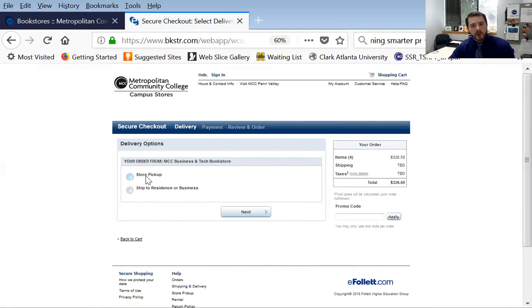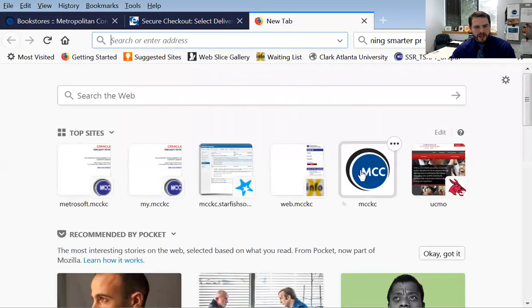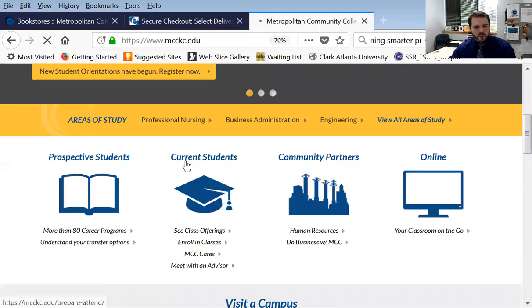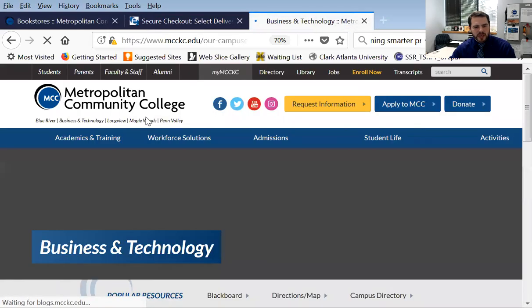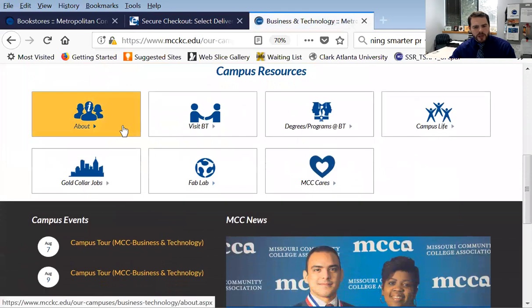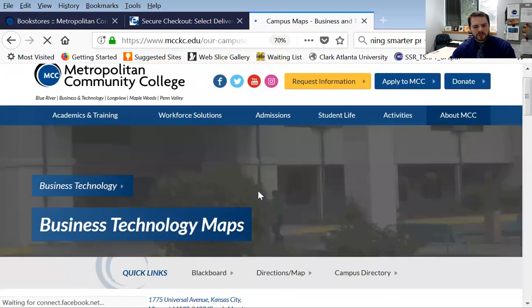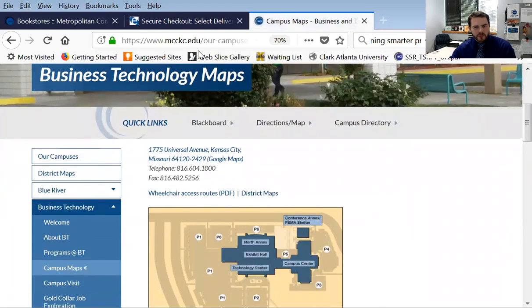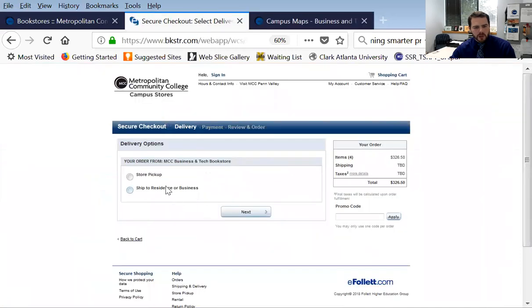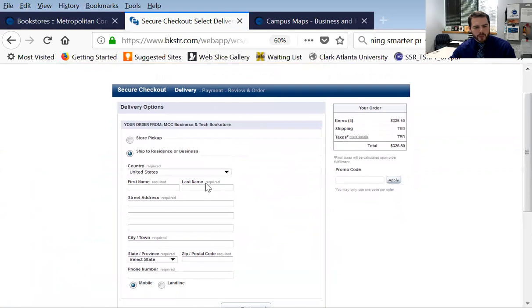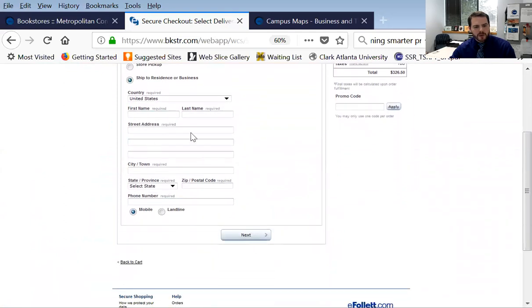For the store pickup, all of our online books are actually through our Business Technology Campus. If you visit our main website, www.mcckc.edu, you could actually look at the location of our Business and Technology Campus. Just as a heads up, let me show you where that's at. If you scroll on down our webpage, there's the Business Technology Campus. You click the About, and then there's actually a map to where the campus is at if you wanted to pick it up. But for many people, if they're going to order early, they'd rather go ahead and ship it to their appropriate residence. And once you fill that information out,